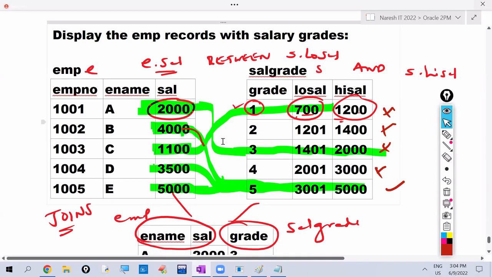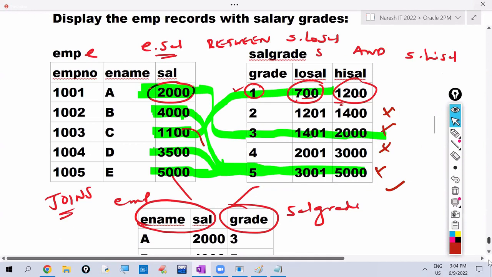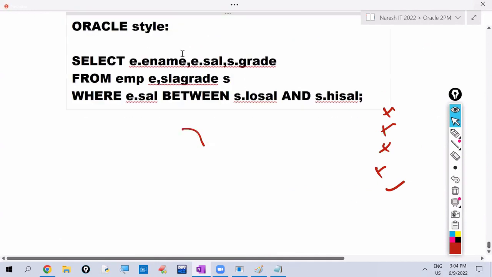So here, to perform this join operation, we are not using an equal to condition. We are using BETWEEN AND. So it is a non-equijoin. Now this is the Oracle style. The same query we want to write in ANSI style now. In ANSI style,